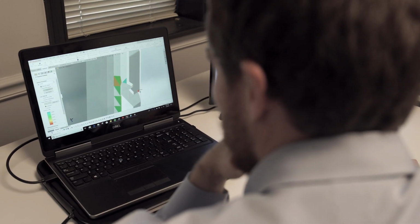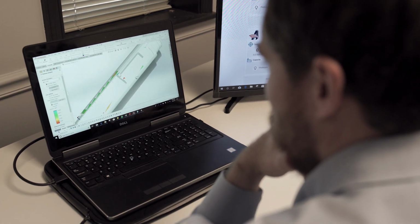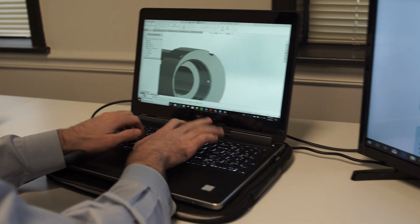The great thing is that it's a universal language. Engineers from across the globe can communicate with each other through this platform. So we've been able to interact with companies overseas that we previously would not have been exposed to. So the marketplace essentially bridges that gap, and we're able to communicate in the universal language of mathematics and computer-aided design. So it's really an amazing